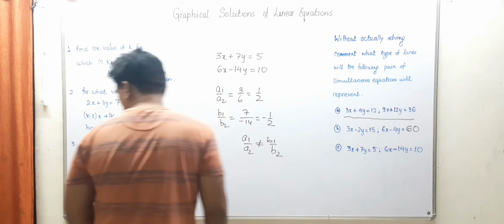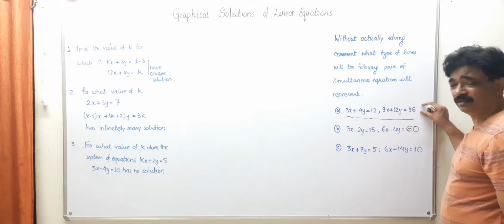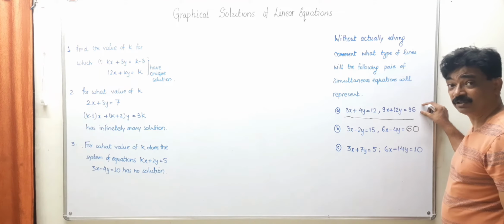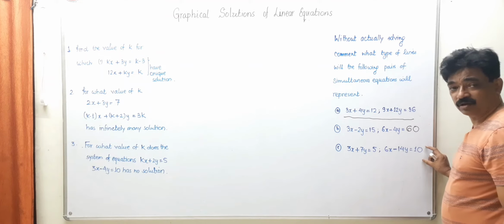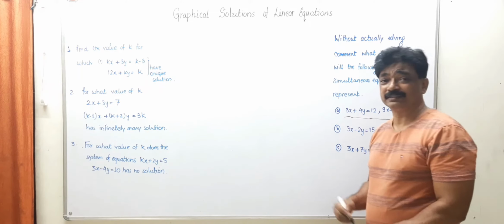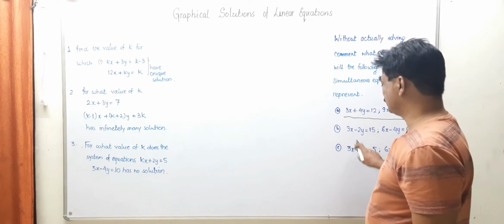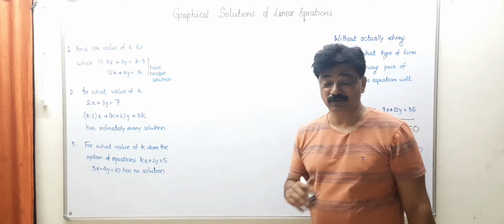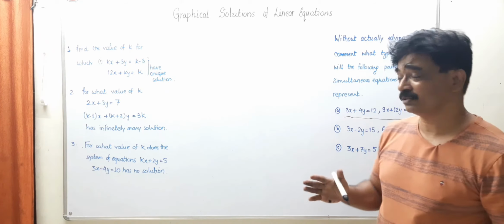So that means we have actually examined all the three types. First one is same lines, coincident lines, second one is parallel lines, and third one is intersecting lines. Same line means infinitely many solutions, and intersecting line means only one solution, and parallel line means no solution, so inconsistent. These two are consistent and parallel lines are inconsistent. Inconsistent means no solution. That is the case of parallel lines.